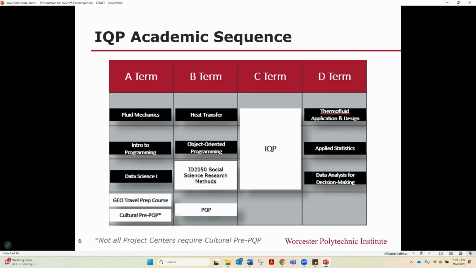And so it's helpful for students to be successful while they're in Thailand to have a basic level of knowledge around customs, language, and culture, so that they can successfully work with their Thai peers and the Thai organizations that are sponsoring their projects. This does not apply to all project centers, but if it does, it's